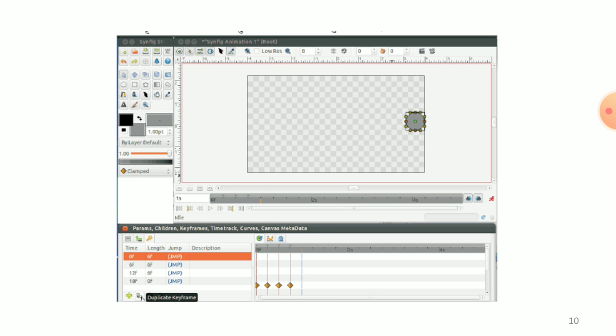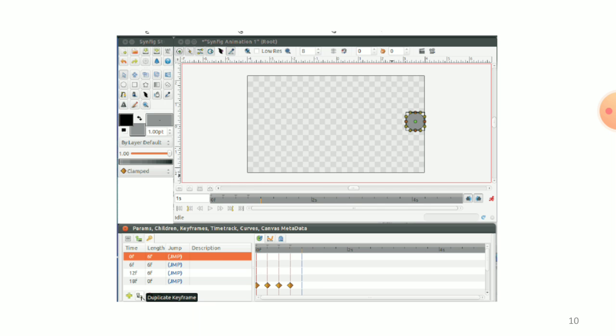That is a duplicate keyframe. To add a duplicate keyframe, this will add a new duplicate keyframe at 1s as shown in figure,